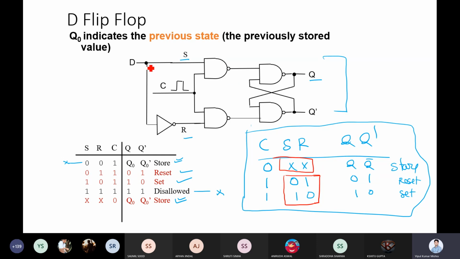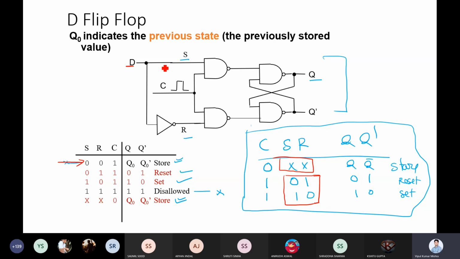What they have done, they added a value D, so you can say this is D. So D will directly go to S, and with the NOT it will go here. Now what will happen? Once this NOT goes here, do we have this condition in this circuit?